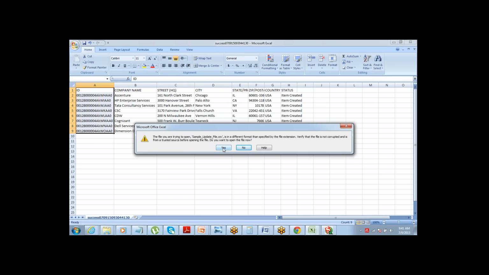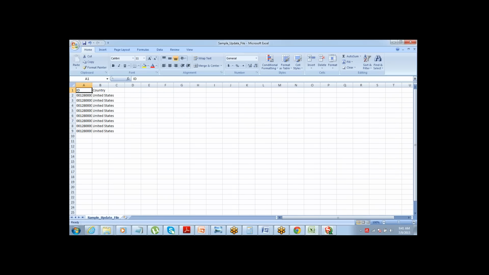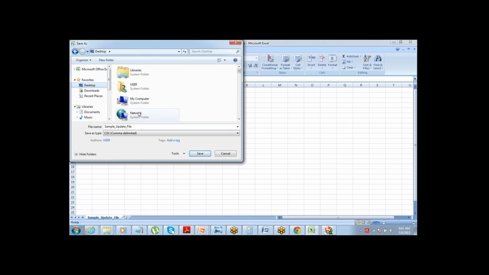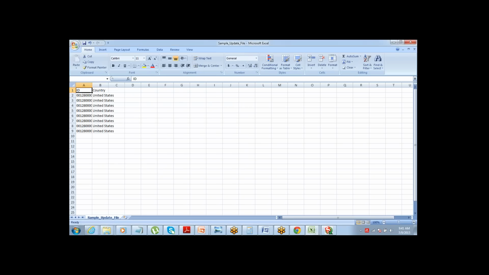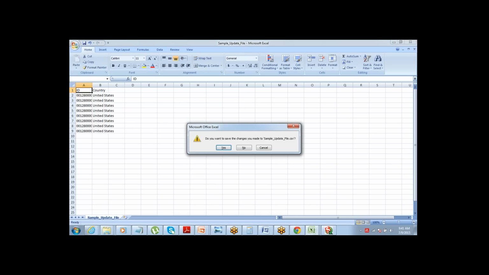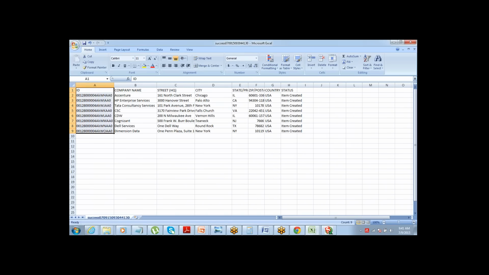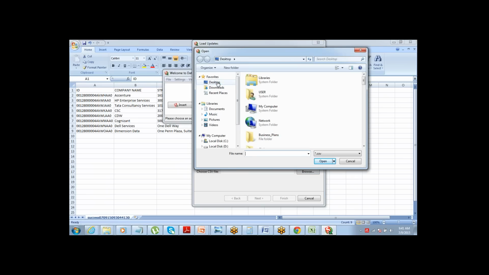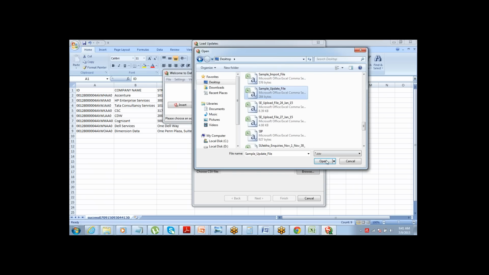Sample update file. Oh, let me save it on the desktop. Alright, so go and browse the update file. It's on the desktop; I had saved it in some other location. Here is the sample update file that I created.